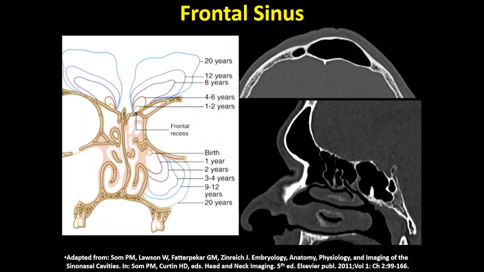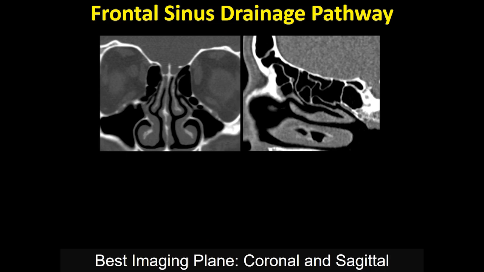Thus, the frontal sinus can sometimes be genetically considered an ethmoid sinus. It should be noted that the frontal sinuses are absent at birth and then continue to grow to about 20 years of age. Frontal sinus drains via its ostium into the frontal recess, bordered by the vertical attachment of the middle turbinate medially, the anterior ethmoid air cells anteriorly and laterally, and then in its entirety constitutes the frontal sinus